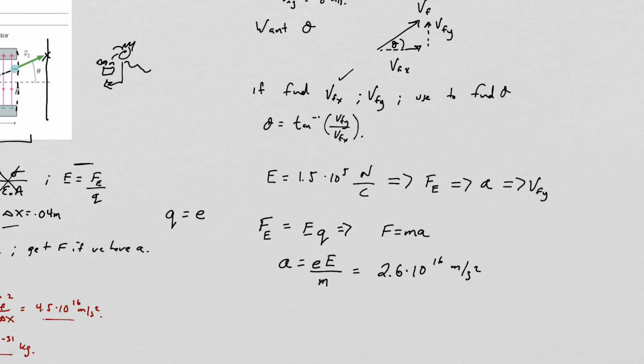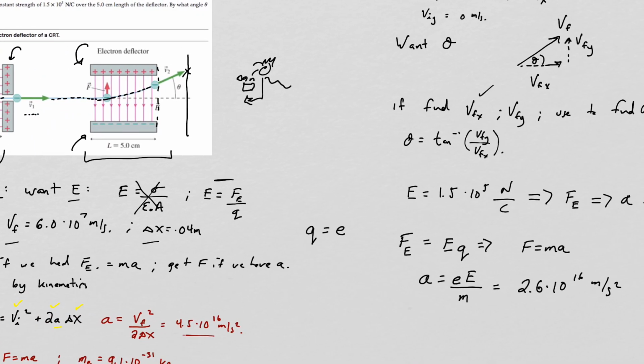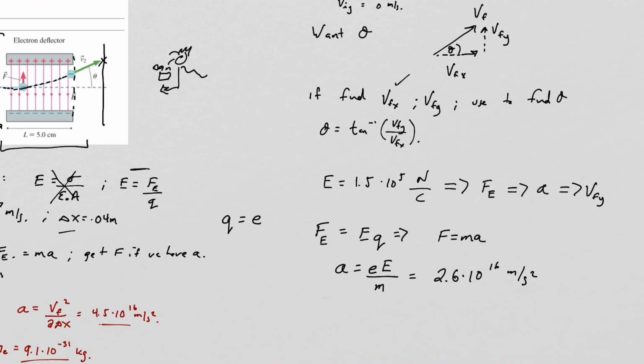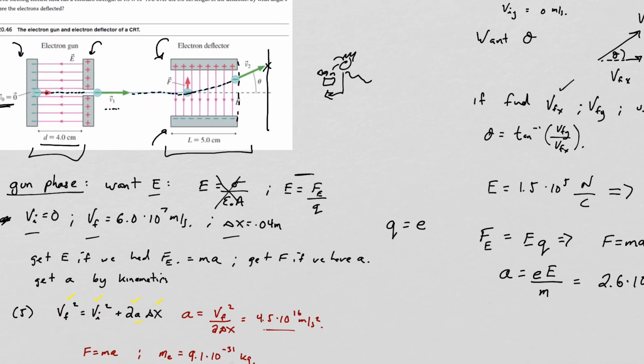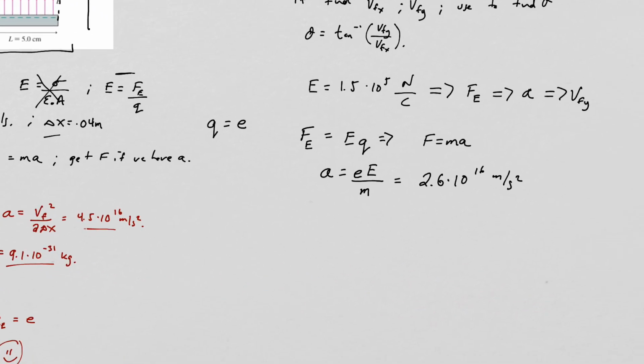Now that we have the acceleration, we can then use this to find the final velocity in the y. We know the initial velocity in the y direction is 0. So that gives us enough information, because if you look over here too, we also know the length of this plate. Sorry, there it is. The length is 0.05 meters. And so we can use the x motion to know how long it took that electron to get across the plate,